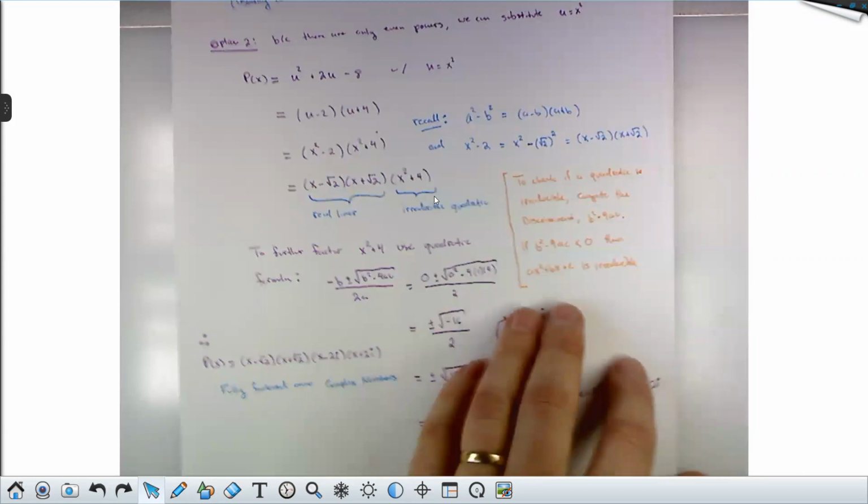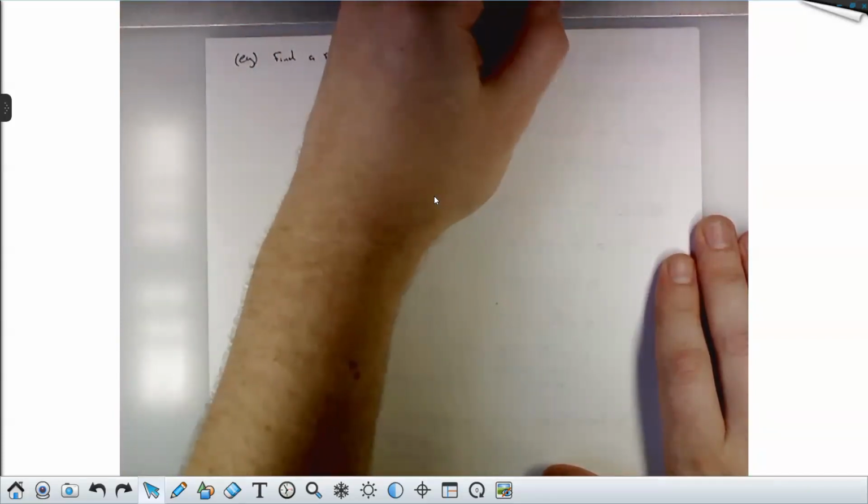All right, let's go in the other direction. Maybe I give you some roots, possibly some of them complex, non-real complex numbers, and say, find me a polynomial with those roots. So let's find a polynomial of degree 3 with integer coefficients and roots